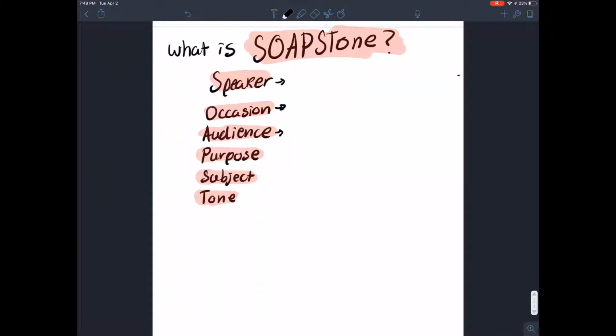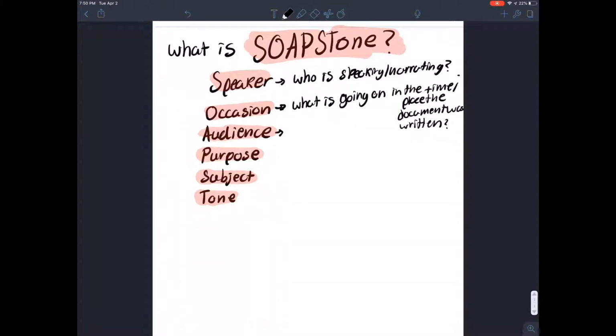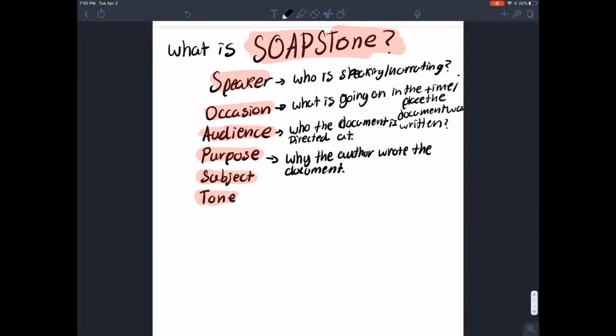Speaker is who is narrating this work, or who wrote or who is speaking. Occasion is what is going on at the time and place that this document was written. Audience is who the document is directed at. Purpose is why the author wrote the article or document. Subject is the subject of the document or the primary topic of the work. And finally, tone is the tone that the author takes throughout the article, as shown by his diction,